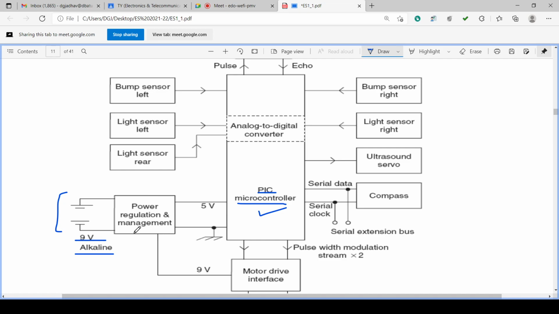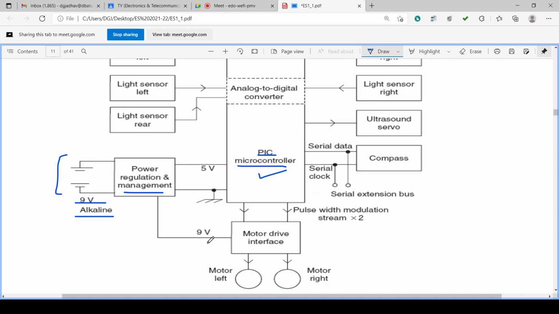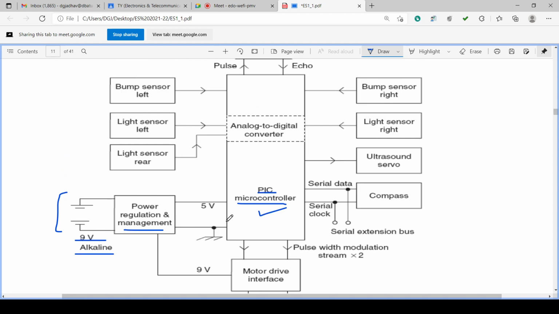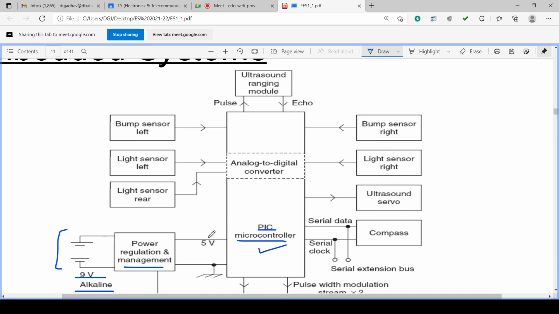Then power regulation management is required. That means regulator circuitry and charging circuitry are required. And they may regulate 5-volt voltage, 9-volt voltage, 12-volt voltage, or something like 8.5-volt voltage, ground system. So 9-volt voltage is required for higher voltage components, and 5-volt is required for digital components. Or even the digital components are working on lower voltages also. So microcontroller, power supply and power regulation management are required.